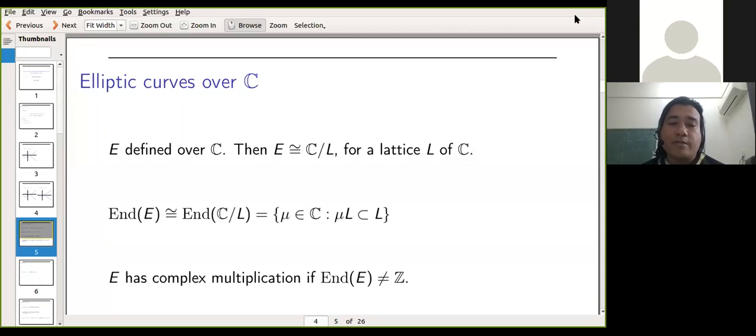Okay, so then it turns out that if I want my E to be defined over an imaginary quadratic extension K, then this K better have class number 1. Okay, so this result is going to use a little bit